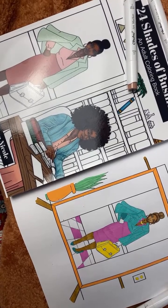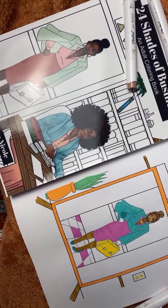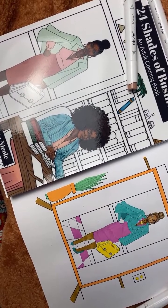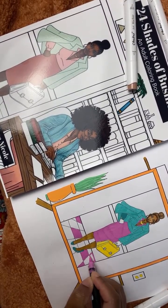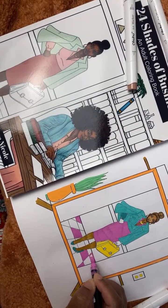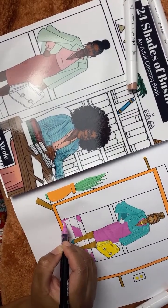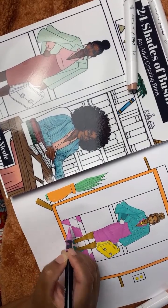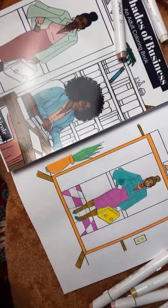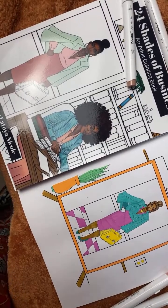Oh, and last but not least, y'all already know my new favorite thing is YouTube. So when I started publishing books, I started a YouTube channel back then, but I only started it for when I had a new book coming out. So I would just do a post basically saying Latoya Nicole's coloring book, and I would flip through the pages, and then I wouldn't post anything else until I created another book, right? And so I was just using YouTube back then to show up in Google's SEO, because you always want to be able to show up on Google no matter what you do. That's why publishing on Amazon